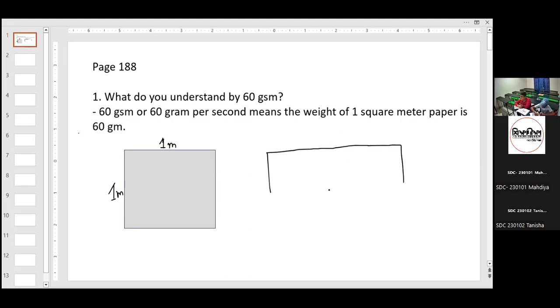I mean if size like এদিকে হচ্ছে 2 মিটার আর এদিকে হচ্ছে 0.5 meter, still the area is 1 square meter, right, and it's because 0.5 meter multiplied 2 meter is equal to 1 meter square, right? So that's why it can be of different shape but we mean actually the area